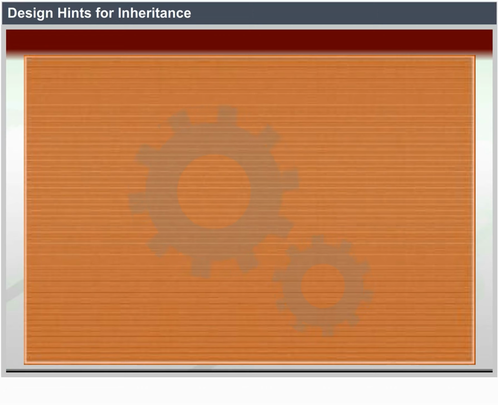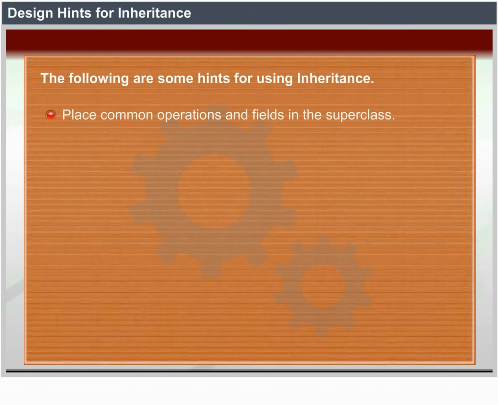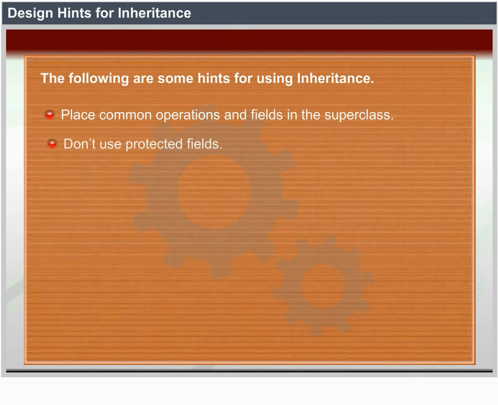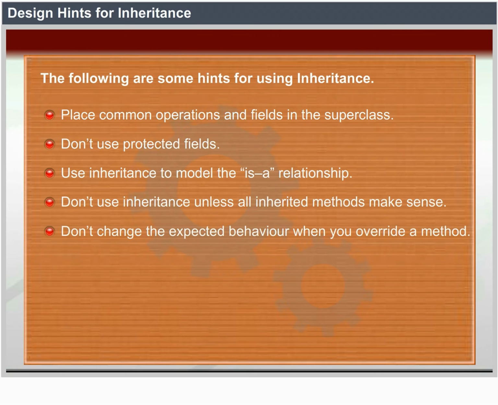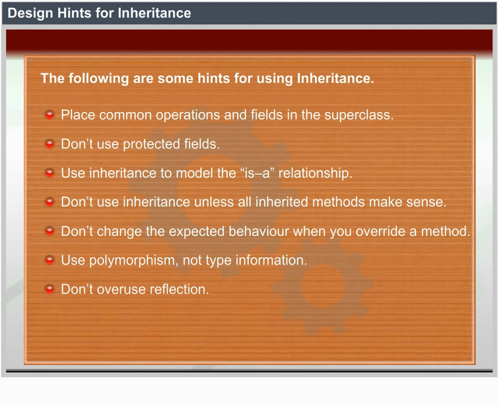Design hints for inheritance. The following are some hints for inheritance. Place common operations and fields in the superclass. Don't use protected fields. Use inheritance to model the is-a relationship. Don't use inheritance unless all inherited methods make sense. Don't change the expected behavior when you override a method. Use polymorphism, not type information. Don't overuse